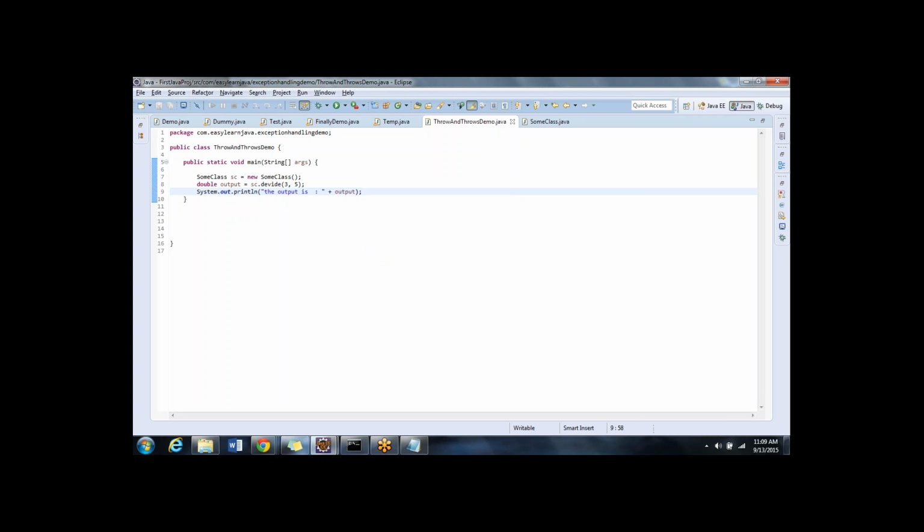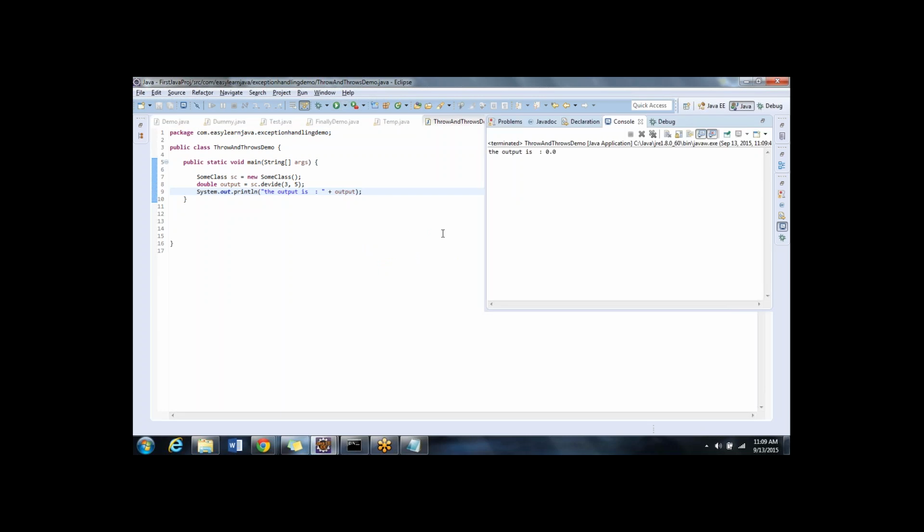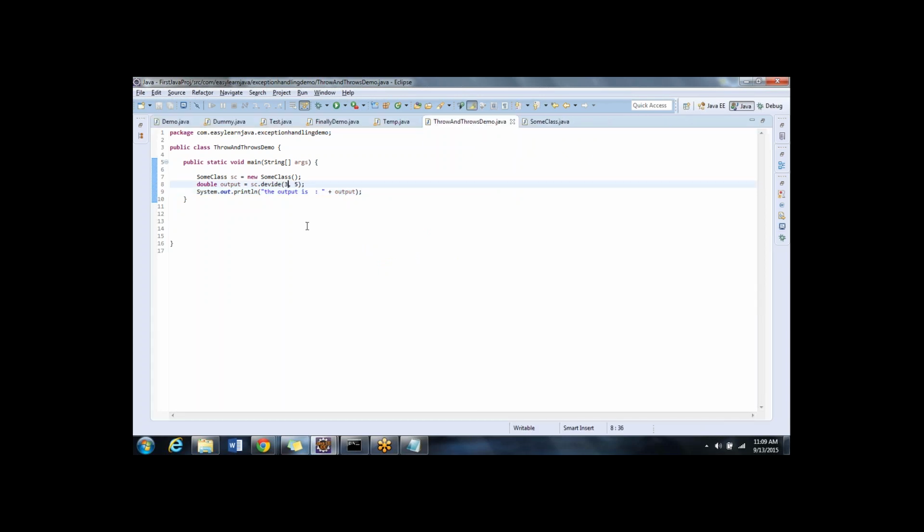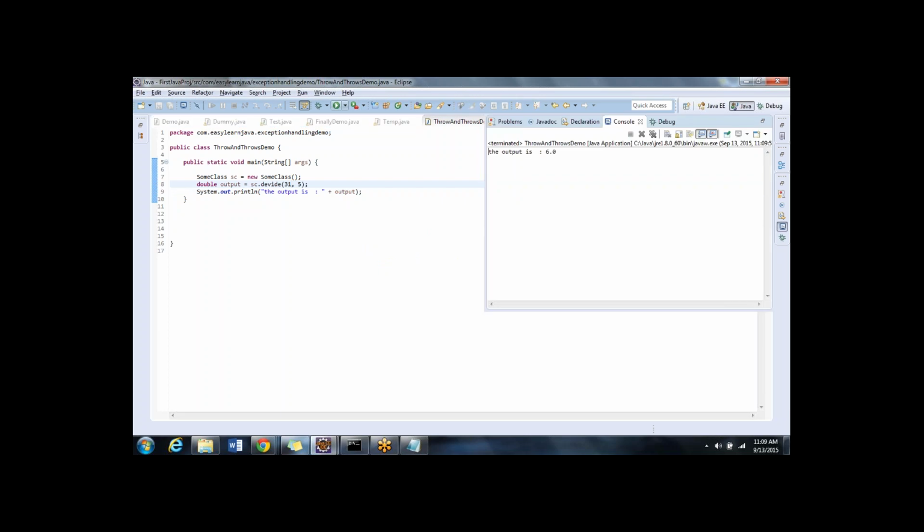Now see here, I run it. It gives me the output. Well and good. Output is 0.6 something. If not, let me make a change here. Let me make it as 31, and if I print it, it is 6.0. Okay, well and good. Now the next scenario,